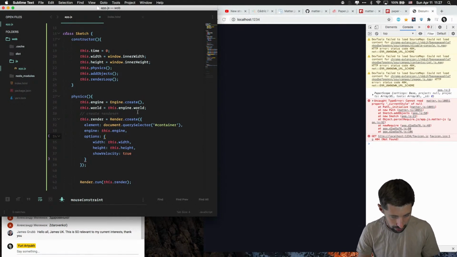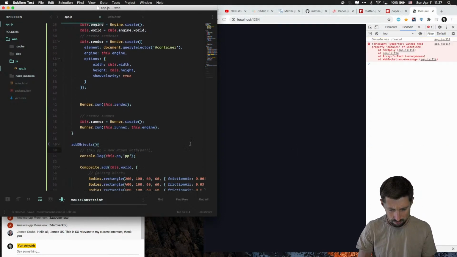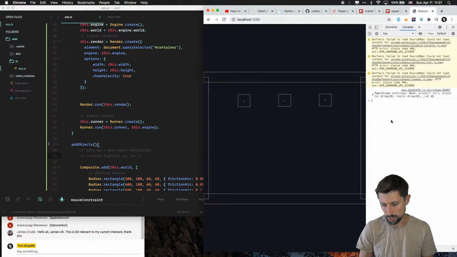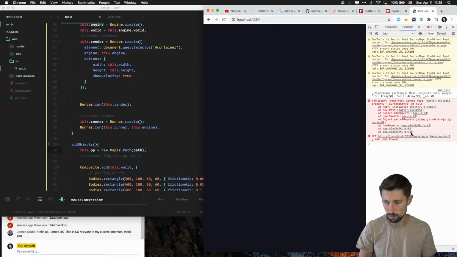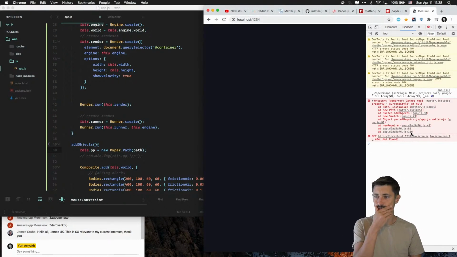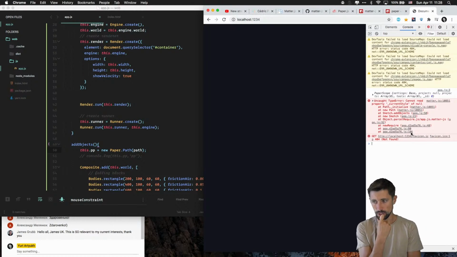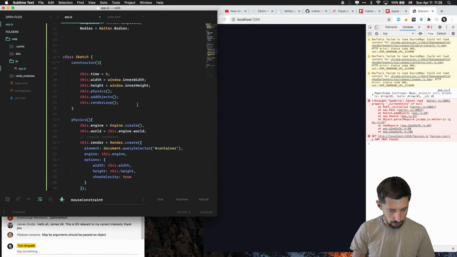So yeah, when you work with those libraries, you can get some weird errors. And I have no idea why I have this. Maybe that was just a parcel error. Okay, let's try to run this one again. So new paper path. Then I immediately get this. Maybe I should initialize paper in some way before that, so that I have it. So maybe